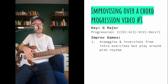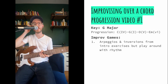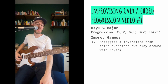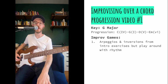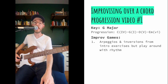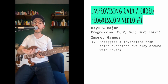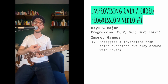You get the idea. Now, at first, you might kind of just be moving your fingers. At first, you might be, as you're doing this, almost guessing. I guess I'll play an E over the C major, and I guess I'll kind of descend down and see what my fingers do. Now I guess I'll try to play the D over the G, and maybe I'll ascend up from there. At first, it might feel like you are very disconnected from what sound is going to come out, and that's cool. We're going to have to start there, but if you practice this, and most importantly, if you really listen,